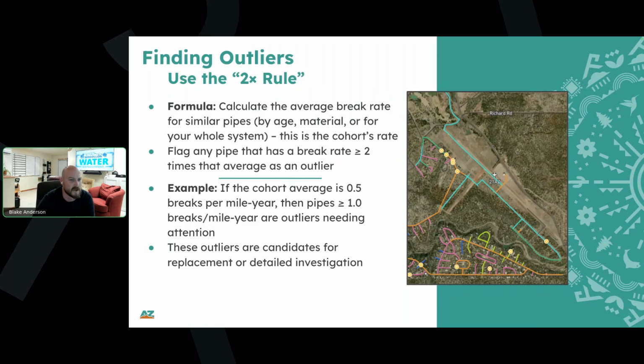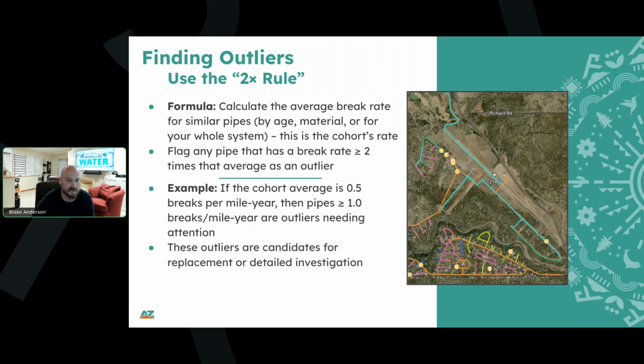The image you see on the right is a map of one of the systems that we operate. You'll see all of our mains, the lines, and then a bunch of these little yellow dots. Those are how we visualize in our GIS system the repairs we've had. They mark the breaks that we've repaired in this system over the past couple of years. This system really does experience a lot of breaks. They've got about 34 miles of main line in service, and they experience about 20 breaks a year. That gives them a break rate of about 0.6 per mile, which comes out to 6 breaks per 10 miles, which is 6 times the national average.